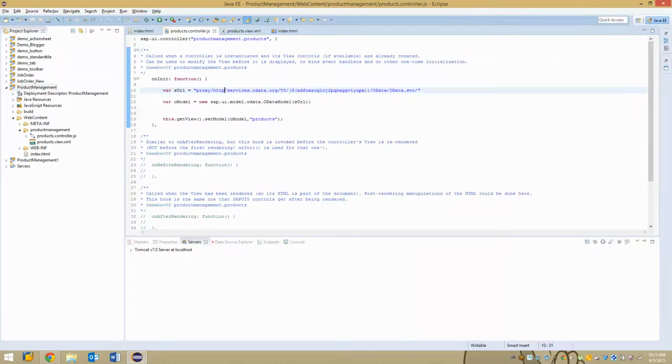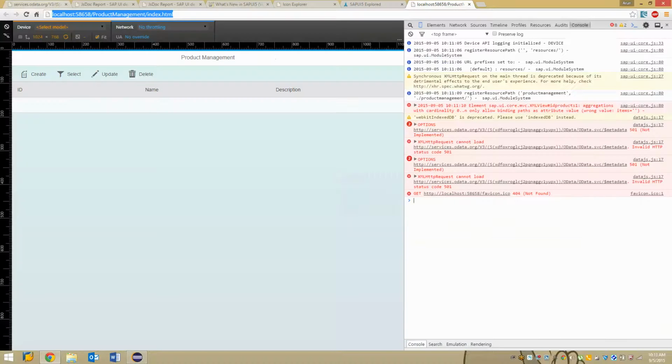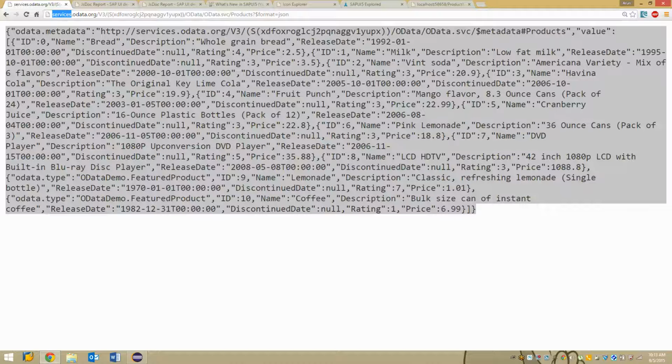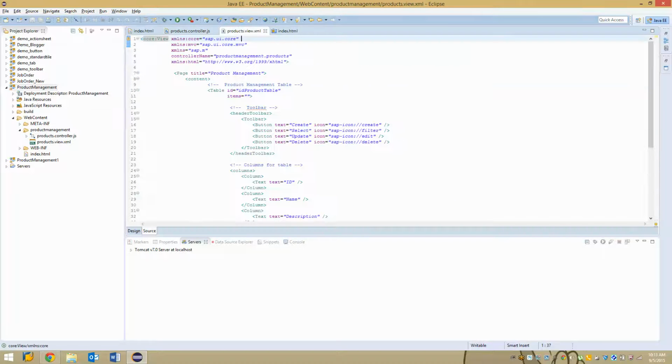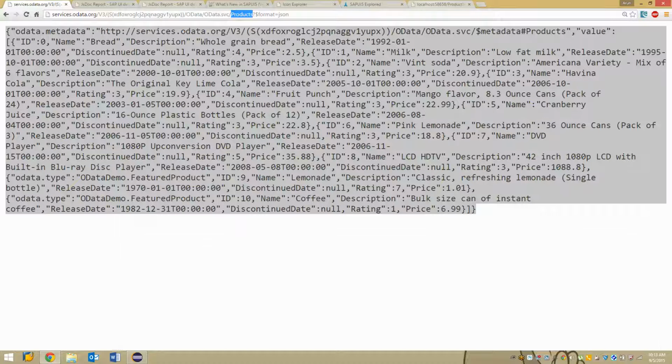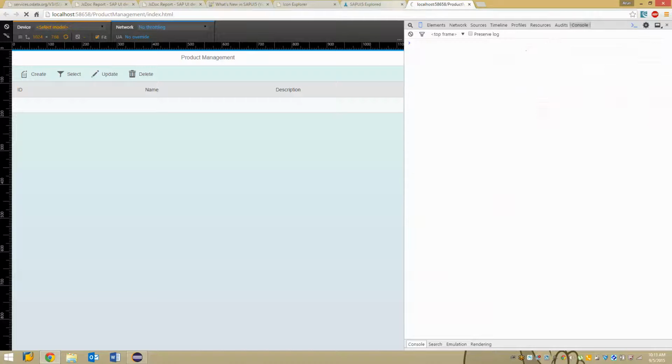And another thing is, now in this service URL we are going to get the information from the product entity. So I'm just going to specify to the table that the entity it should look for is the product entity. So I'm creating a binding relationship. Products is the name that I have given for the product, and in the root I have an entity set called products from which I want to retrieve the information. So now if I go ahead and execute my application,